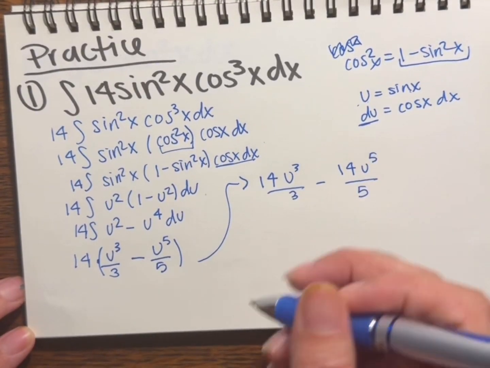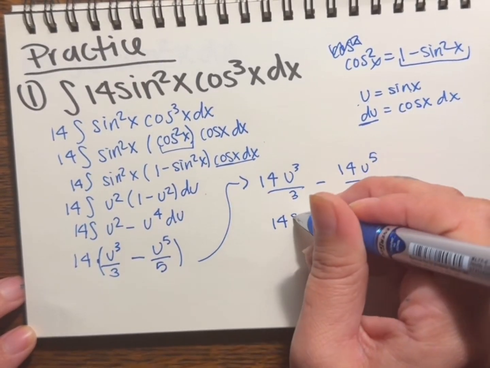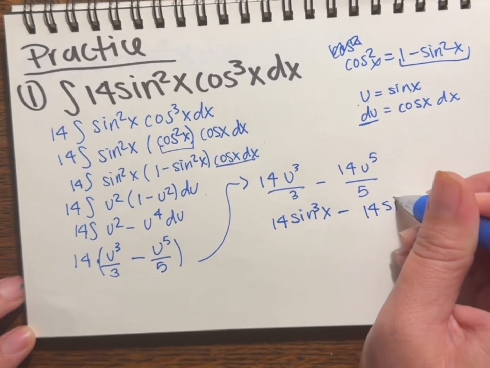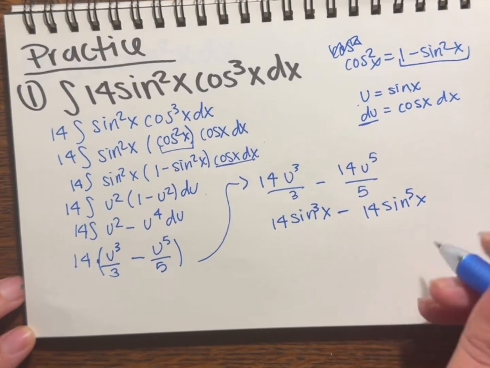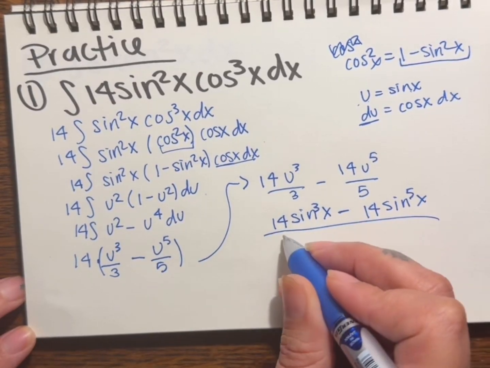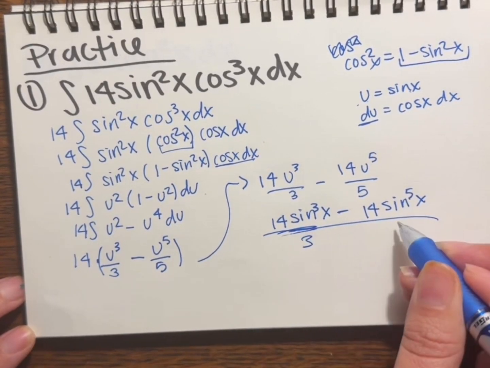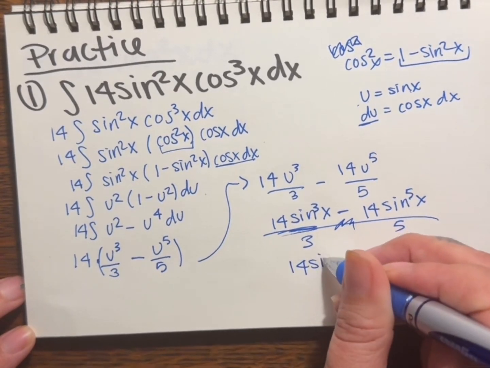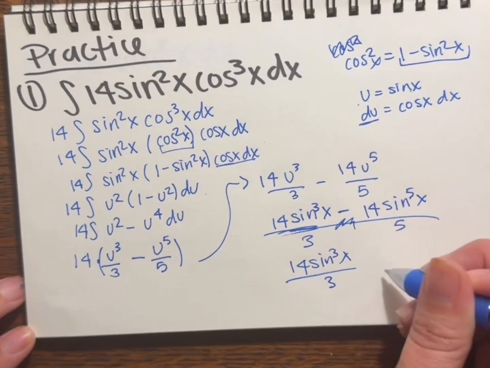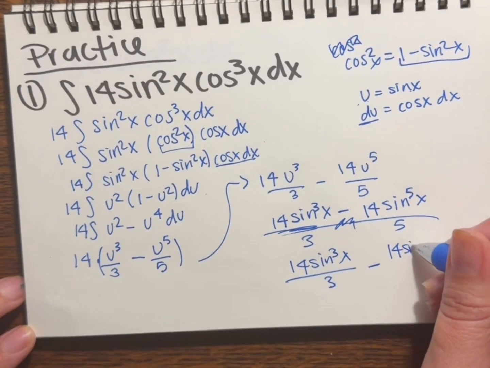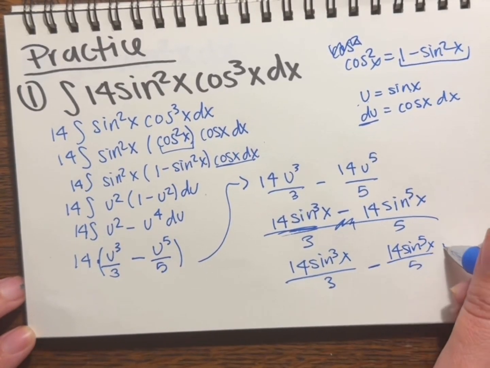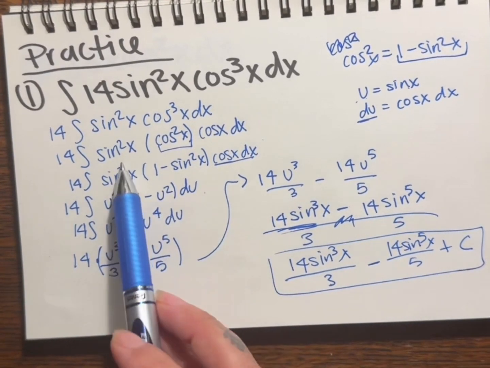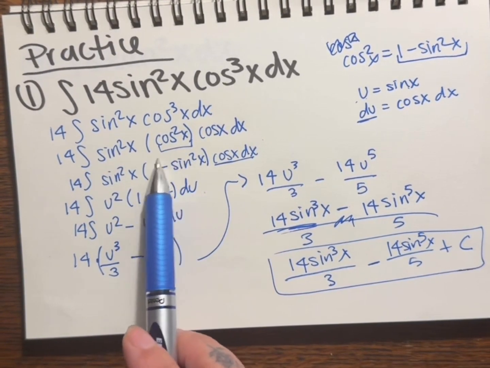And then I'm going to plug back in my u. Minus 14, all over, oh shoot, so sorry, this is going to be 3 and this is going to be 5. So no, this is separate. So let me just fix that. Sorry about that. Minus, plus c. Okay. And so now you could see that breaking this down allowed me to use a trig identity